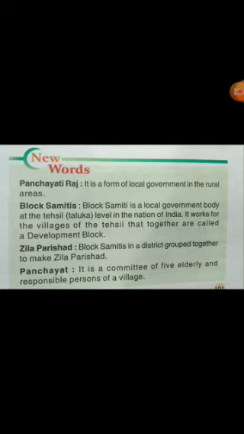If we take the same example, a single block samiti will not be able to construct a road which connects with the different towns. For such cases, they require another upper level, and that is called the Zilla Parishad. So the Zilla Parishad will construct the roads which connect the blocks. If we go further, we know that the state highways are not constructed by any district, that is under the governance of the state government. And the national highway is not constructed by the state, that is constructed by the central government.